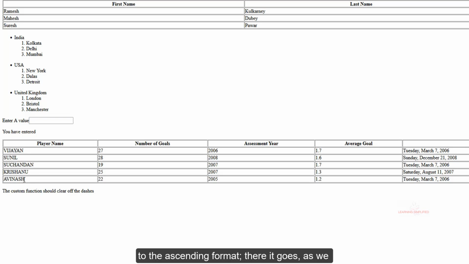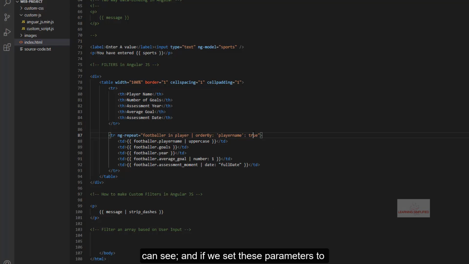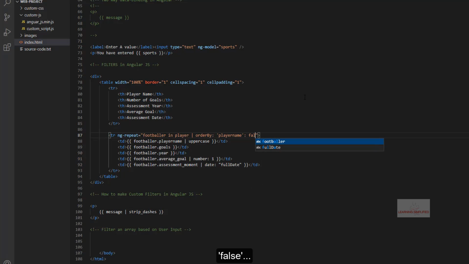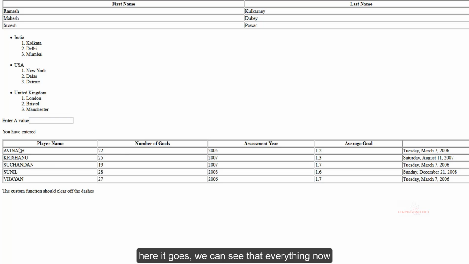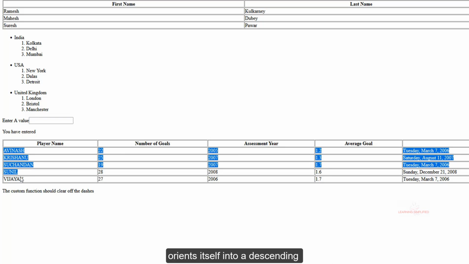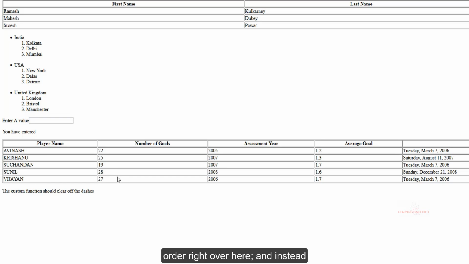There it goes, as we can see. And if we set this parameter to false, here it goes, we can see that everything now orients itself into descending order right over here.